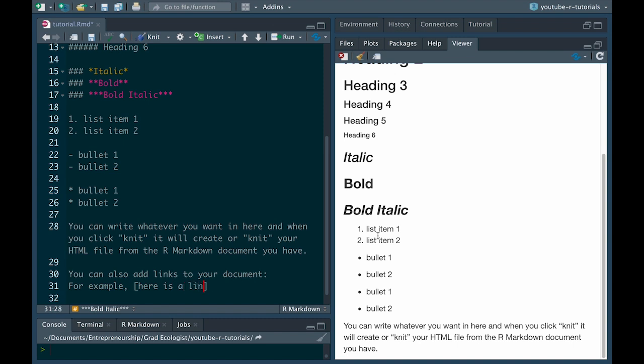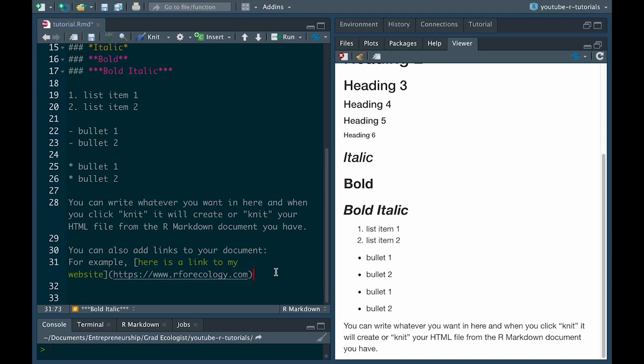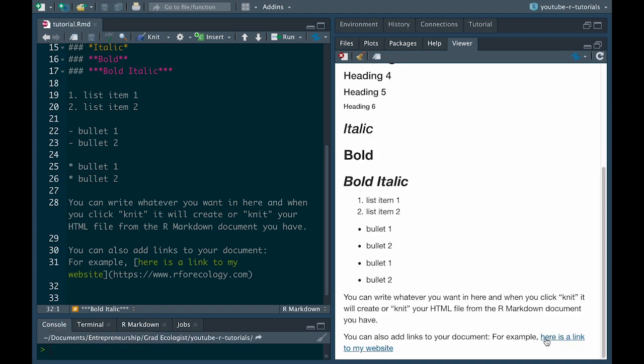Here is a link to my website, and then start round parentheses and type your website. It's important to include the HTTPS, so https://www.r4ecology.com. All right, now let's knit that. And there it is. Here is our link.